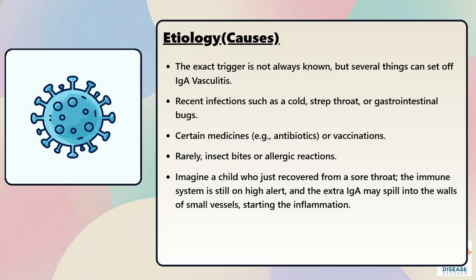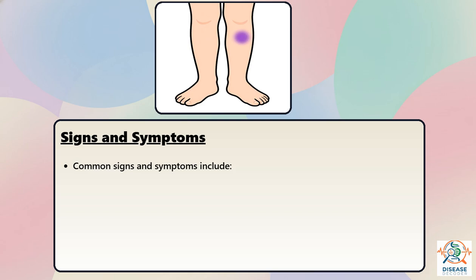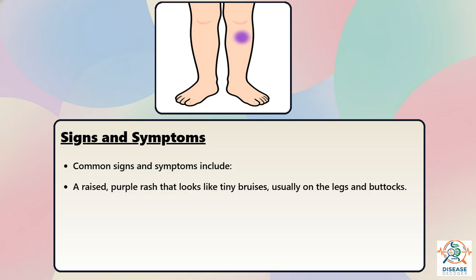Imagine a child who just recovered from a sore throat. The immune system is still on high alert, and the extra IgA may spill into the walls of small vessels, starting the inflammation. Common signs and symptoms include a raised purple rash that looks like tiny bruises, usually on the